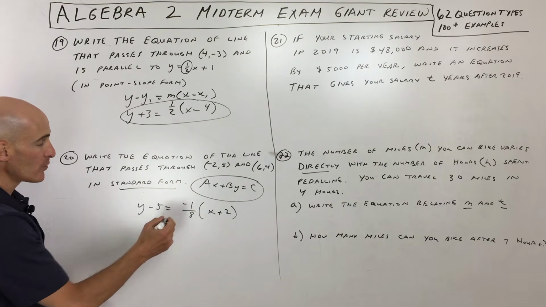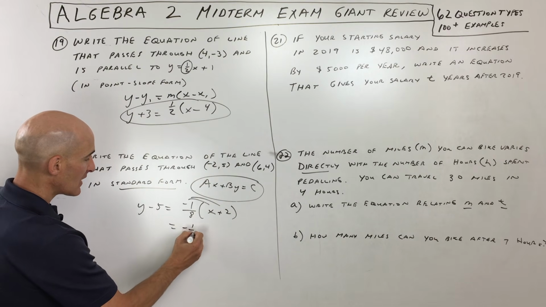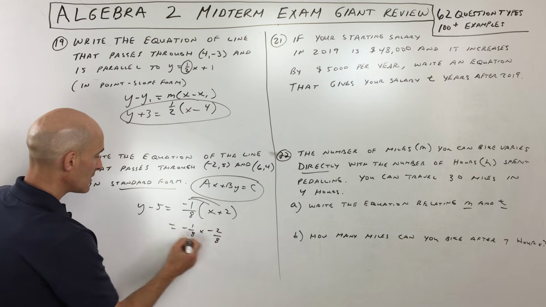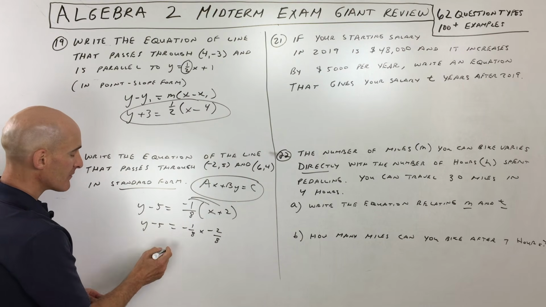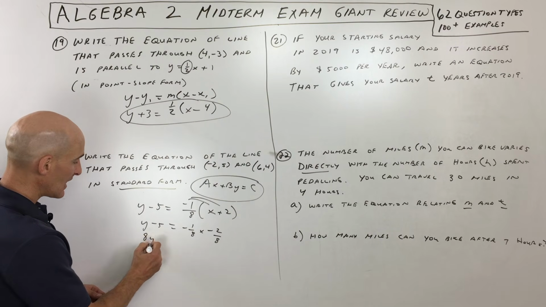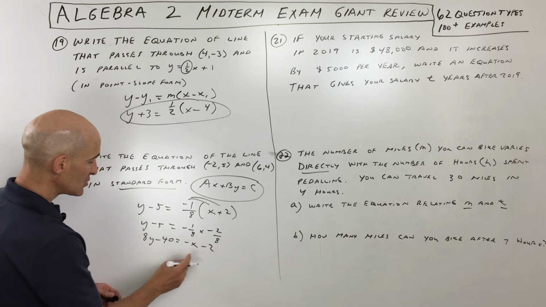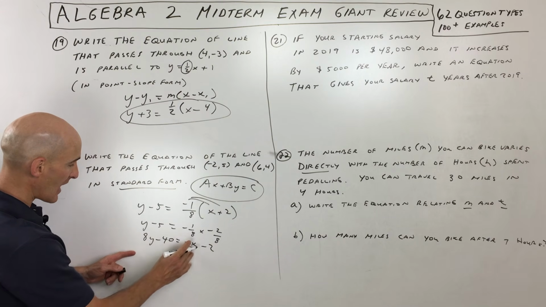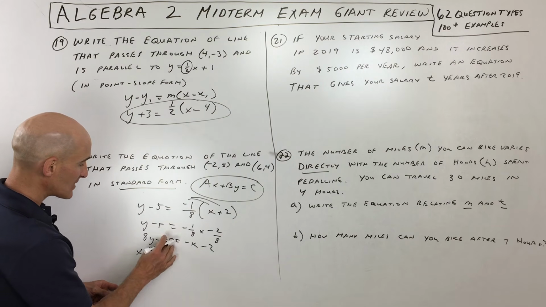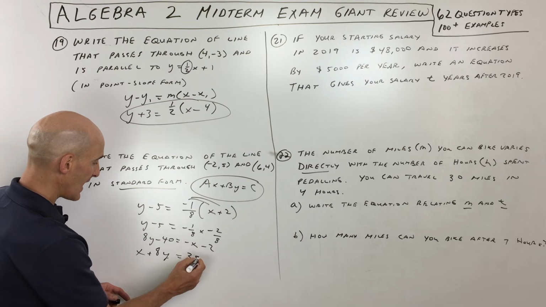We want to convert it into slope intercept form. So I'm going to distribute the -1/8. So that gives us, let's see, -1/8 x, minus 2/8. This is y minus 5. I'm going to clear the denominators by multiplying through by 8. So that's going to give us 8y minus 40 equals -x minus 2. I'm going to get the variables on the left, so I'm going to add the x to this side. So we get x plus 8y. And then I'm going to add the 40 to both sides, so that's going to give us 38.